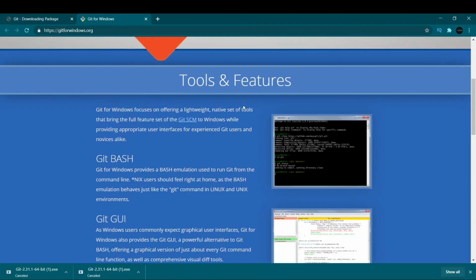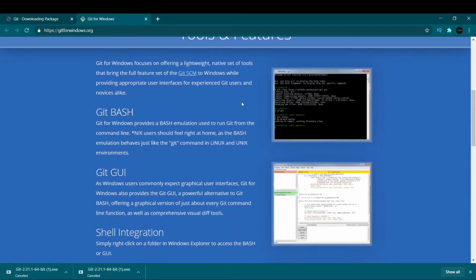So what does Git provide us? As you guys know, in Mac and Linux we have a terminal where we can do almost everything. We can install software, make changes to our UI, and everything else. But in Windows, the CMD does not provide us those functions, and it is very complicated to understand. So using this Git Bash we are going to try to run some of those command line functions.